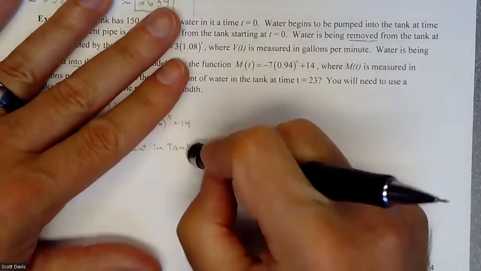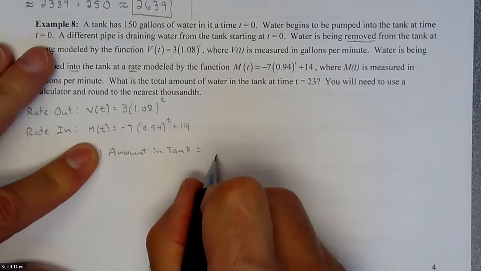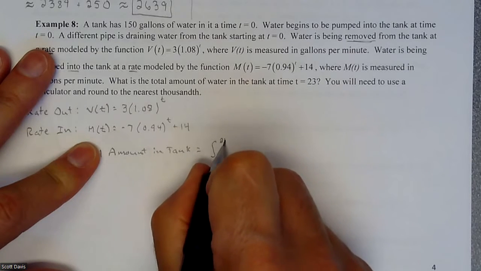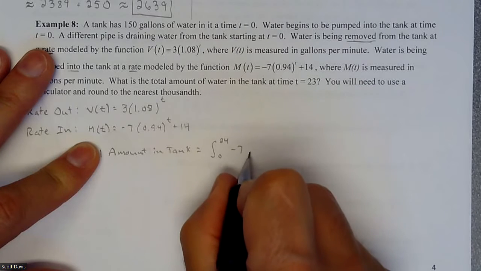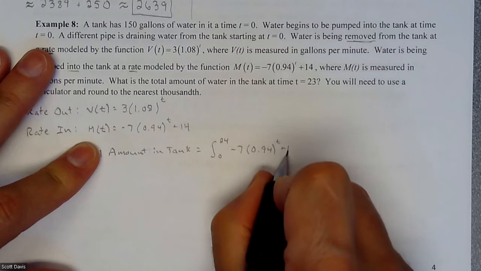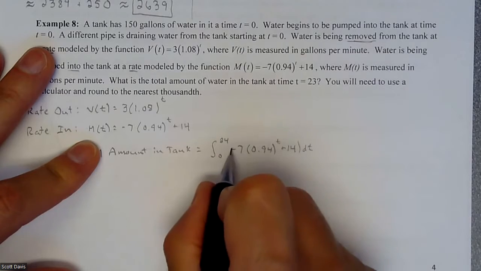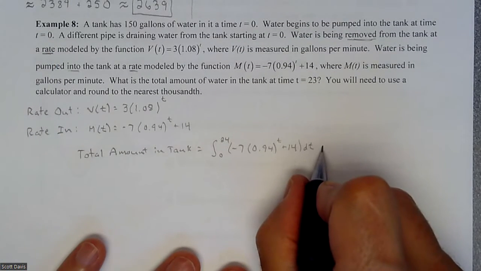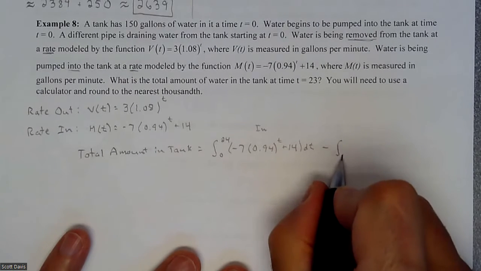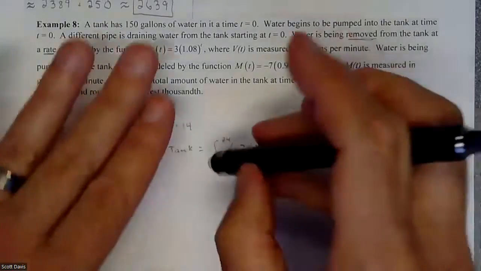is going to be the water going in, which is the area under the curve from 0 to 23 of negative 7 times 0.94 to the t plus 14, dt. Okay, and that's in, so that's a positive. Then we are going to be subtracting the area from 0 to 23